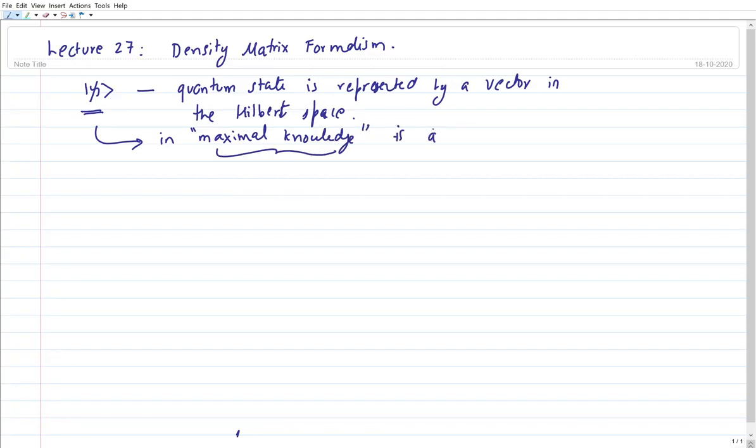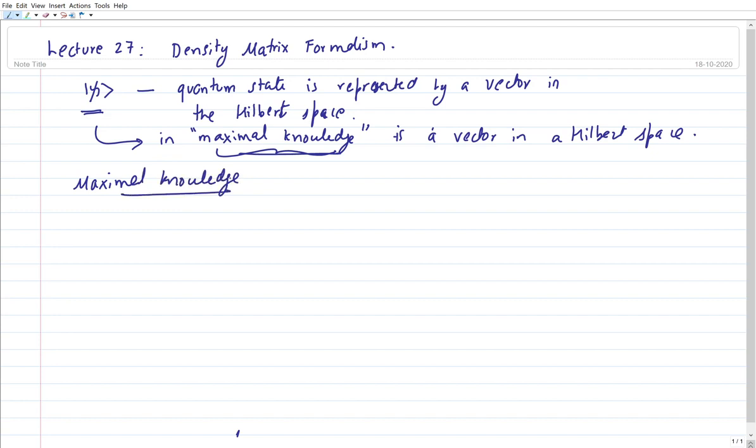The same thing is a vector in a Hilbert space. And what do I mean by maximal knowledge? So maximal knowledge, as we have already discussed, when we were talking about subjective and objective probabilities, or subjective or objective information, maximal knowledge is when